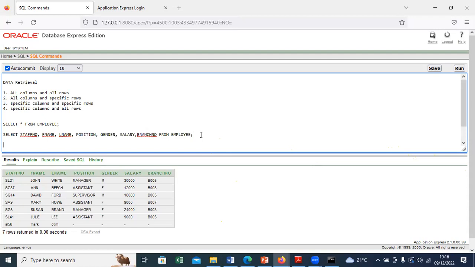In that given case, I'm going to have something of the sort: select star, meaning all columns, from a given table employee,